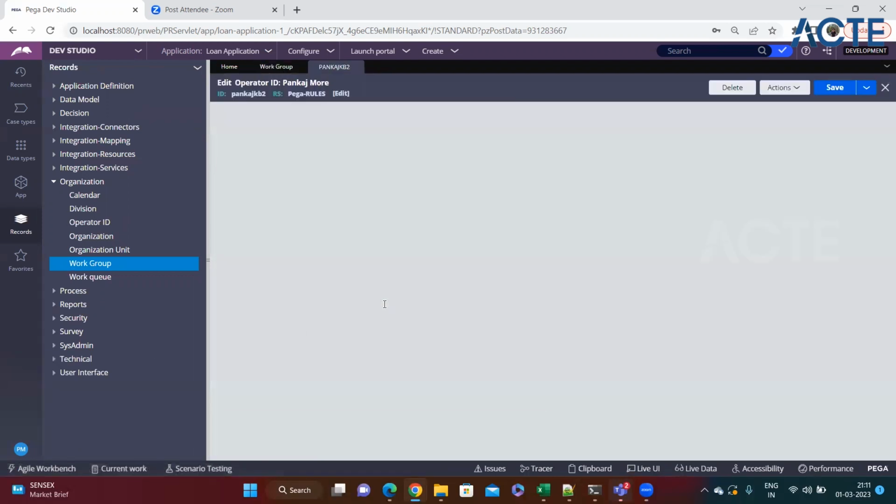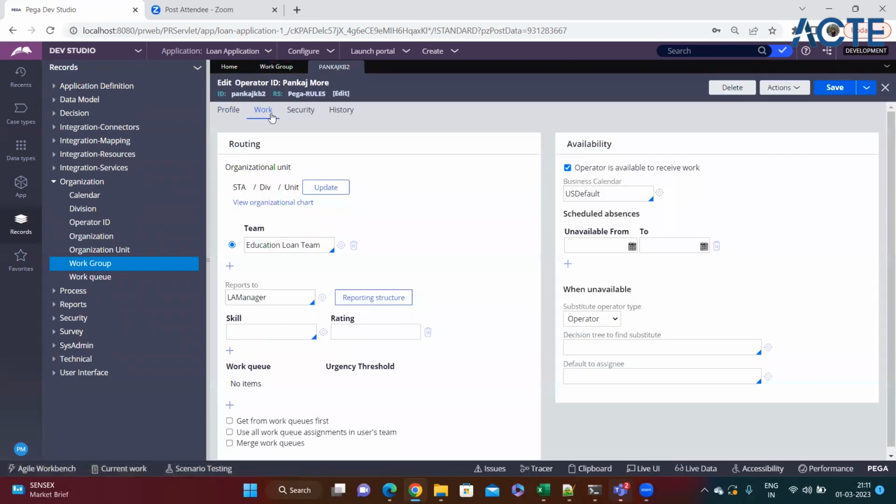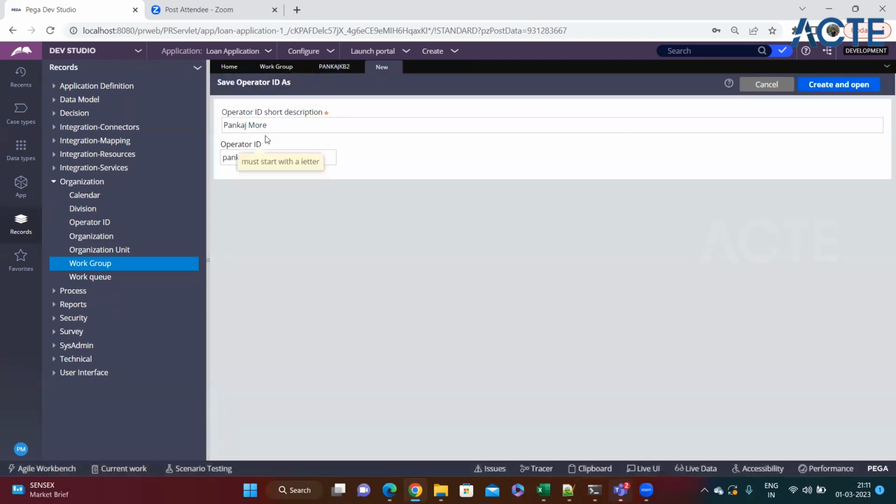So if we open the operator ID and go to the work tab, here I'm saying that I belong to this team, basically, so whatever loan comes for education loan, route the task to me, and I'll handle it, and I'll see whether that particular person can take the loan or not. Then similarly, I'll create one more operator ID as save as,